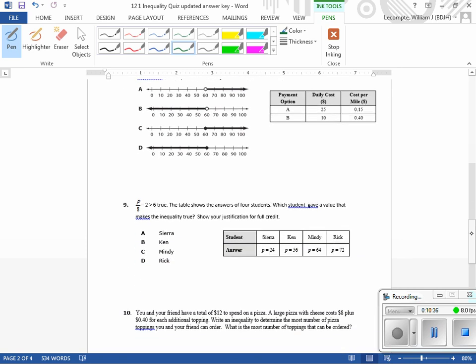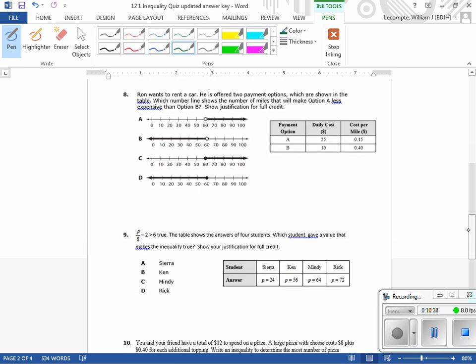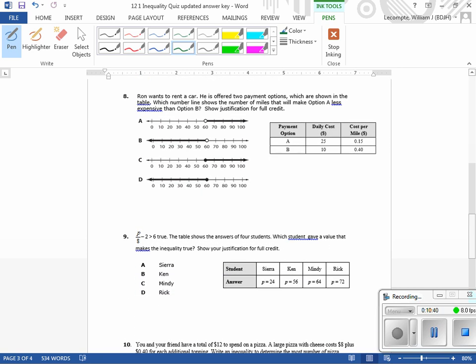Number 8. Ron wants to rent a car. He is offered two payment options, right? We got payment A and payment B. And he wants payment A to be less expensive than payment B. So there's our inequality, right? Less expensive. Right? Well, what we have here is we have a daily cost, right, which is our